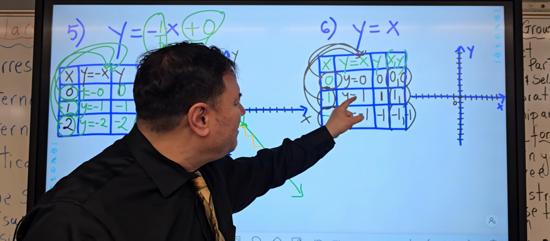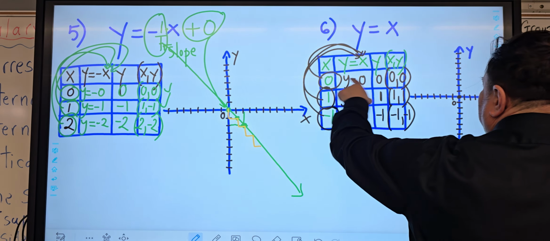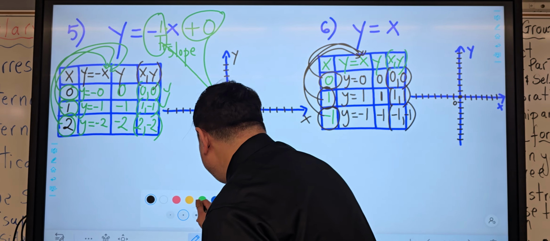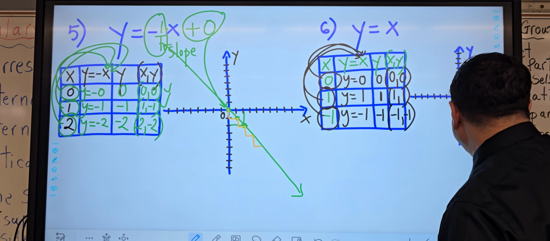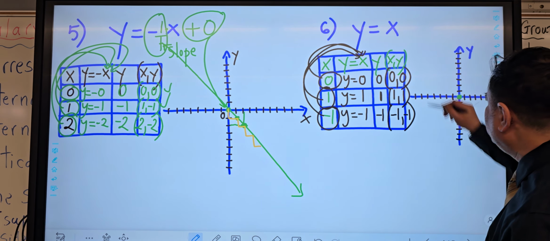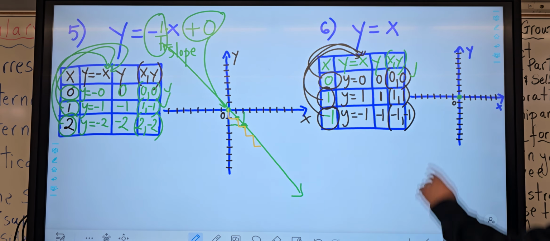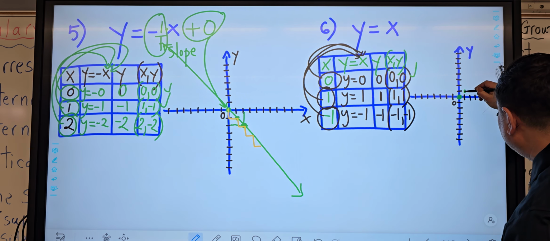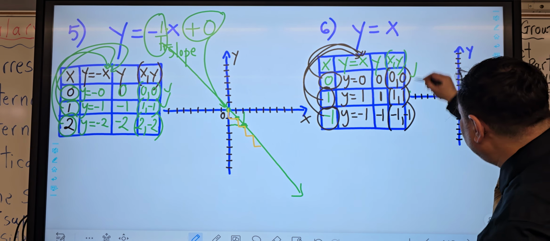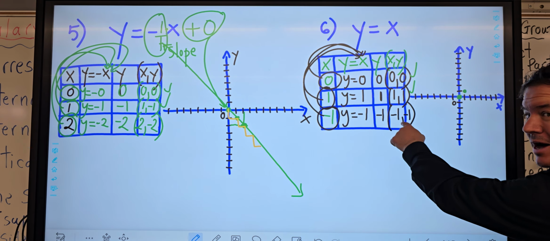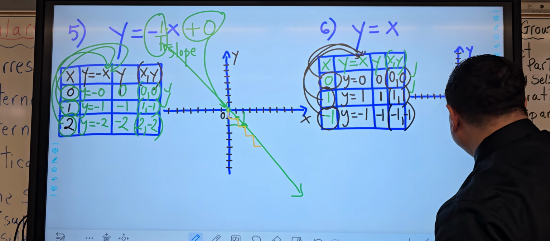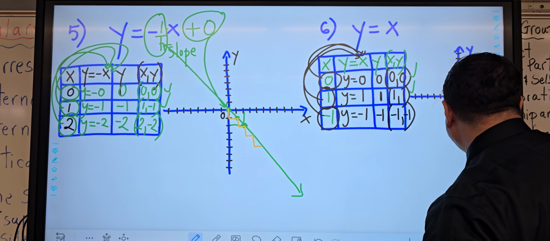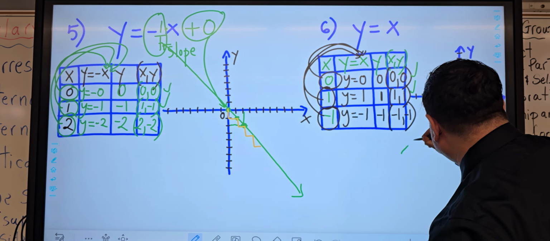You see what's going on here, right? So let's grab this one, 0, 0, right here. Let me use a different color, 0, 0. Through the origin, 0, 0. When x equals 0, y is 0. This is done. When x equals 1, y is 1. Right here. This one is done. When x equals negative 1, y is negative 1. So now that's going to become right here. And when we connect the dots,